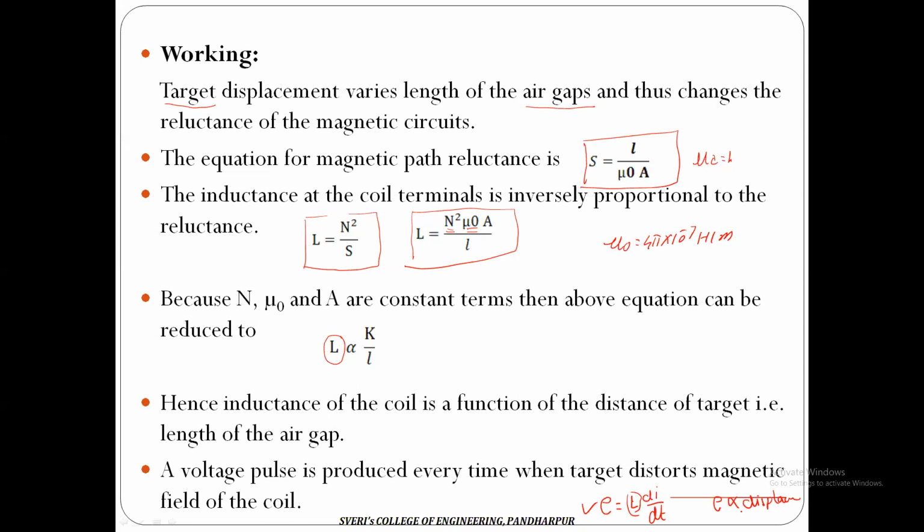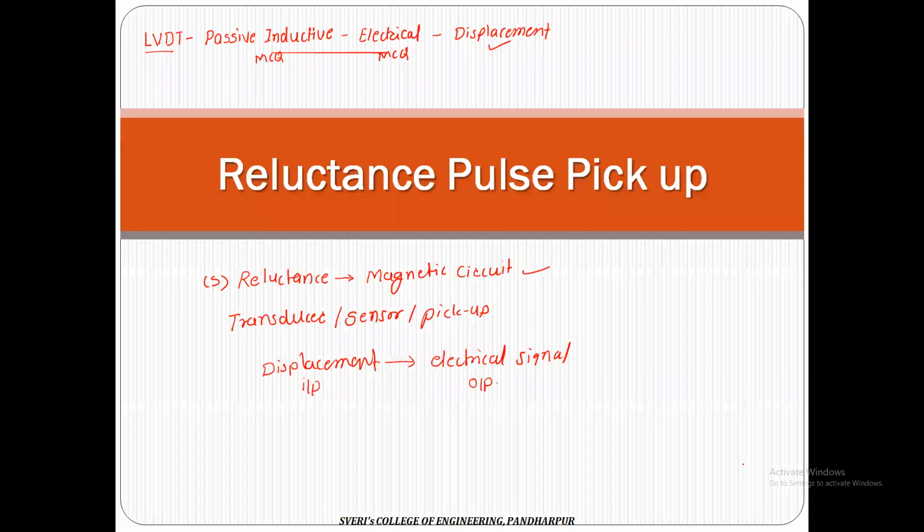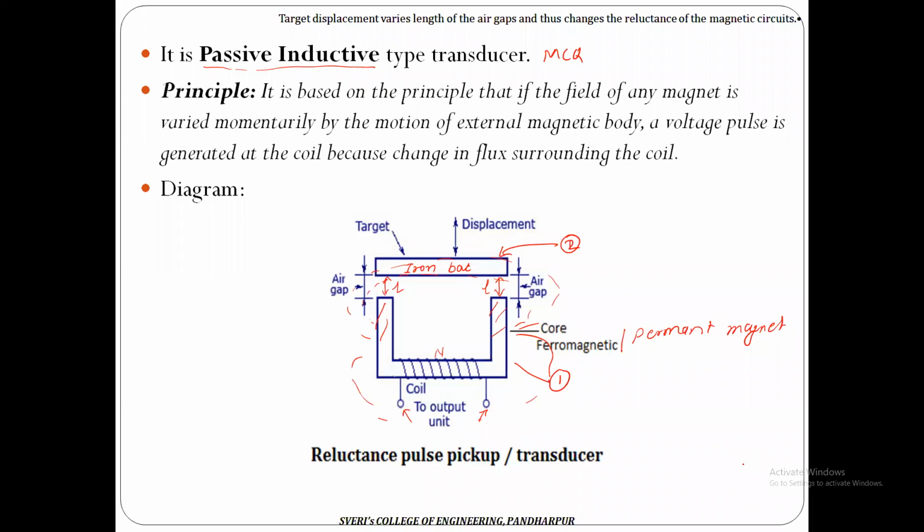Is proportional to the displacement produced by that iron rod. So in this way, by using the reluctance pulse pickup, we can measure the displacement in the form of output voltage. Now you can imagine one thing: if this second part is not part of the circuit, म्हणजे हा आयर्न बारच नसेल तर नेमकं काय होऊ